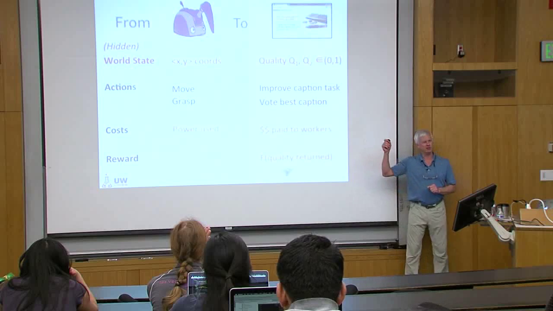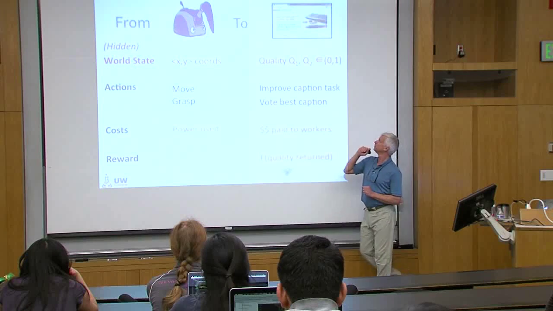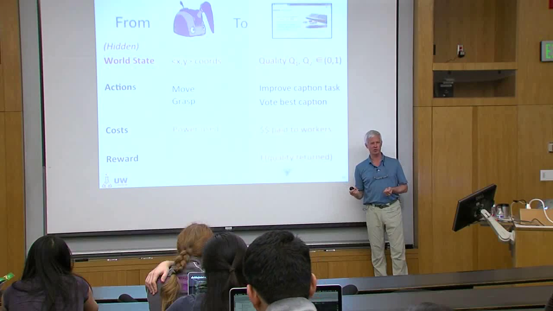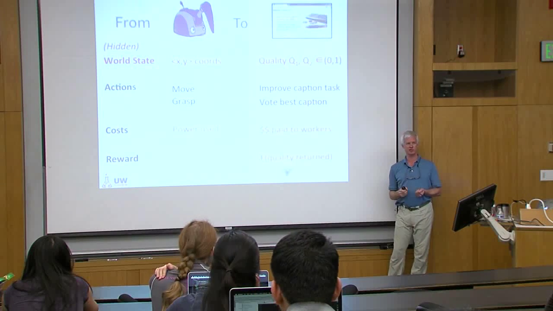Okay, so what's interesting about this is it's like a really stupid robot model. I think Dieter is cringing in the corner to even think that I'm calling it a robot. Real robots have lots and lots more parameters, and as a result, it's really hard to apply POMDPs because the state space is so big.